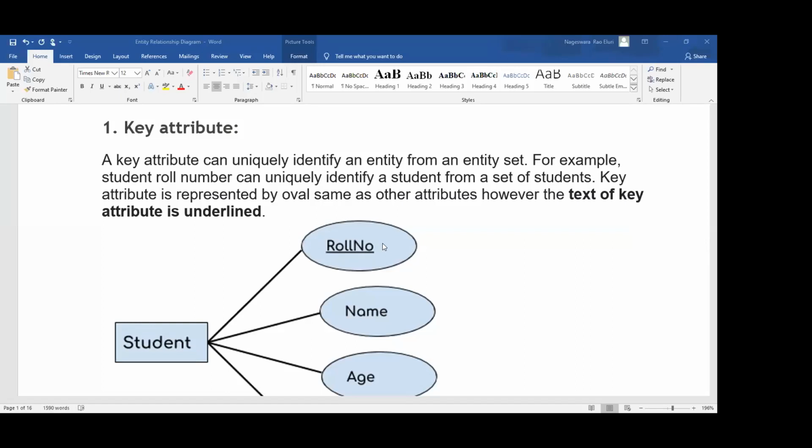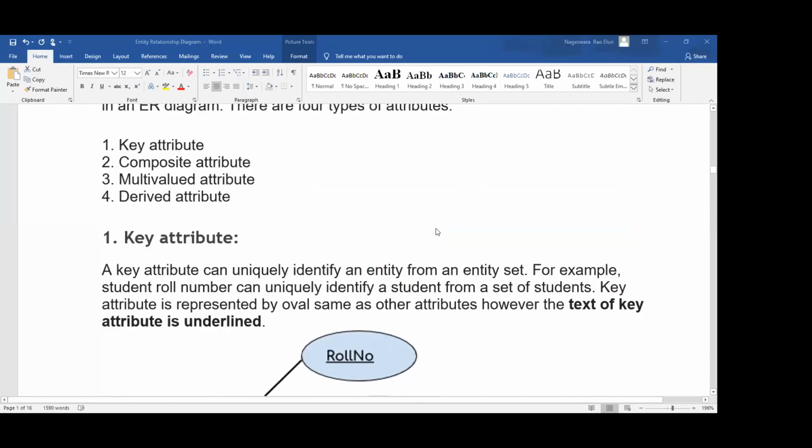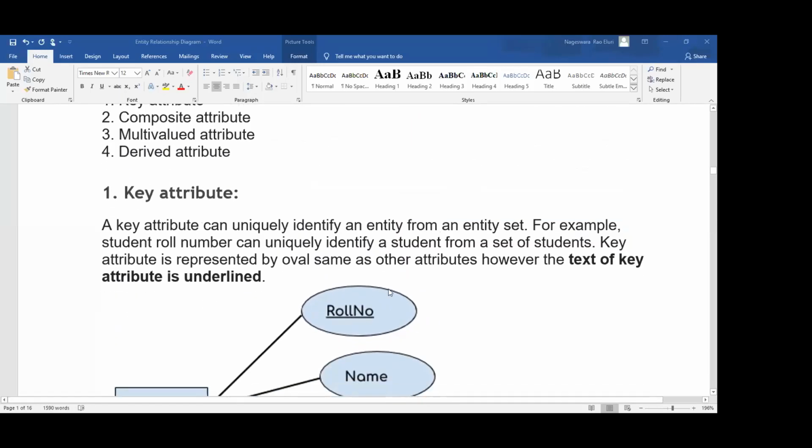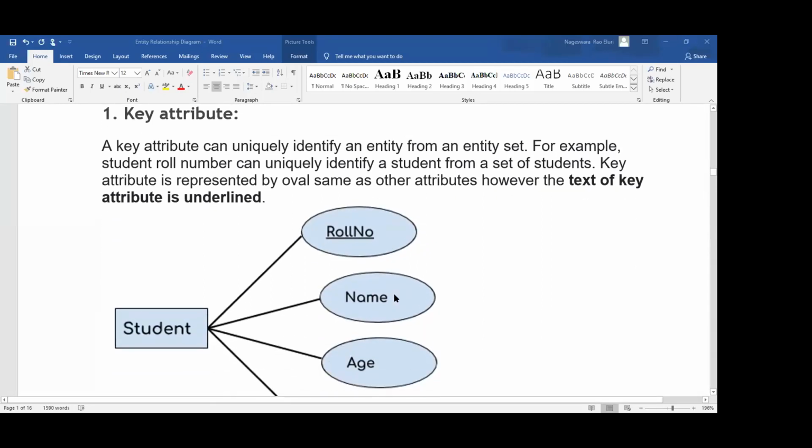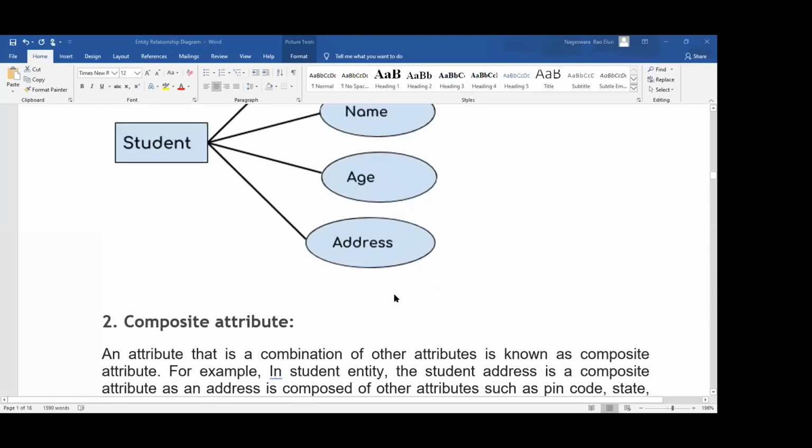For example, if I am entering all the student roll numbers and the remaining details, name, age and address, but I try to enter the same number for another student, since we defined this as a key attribute, it will not allow you to enter the same number. So duplication of data is avoided by using this key attribute. This is the main advantage of a key attribute.